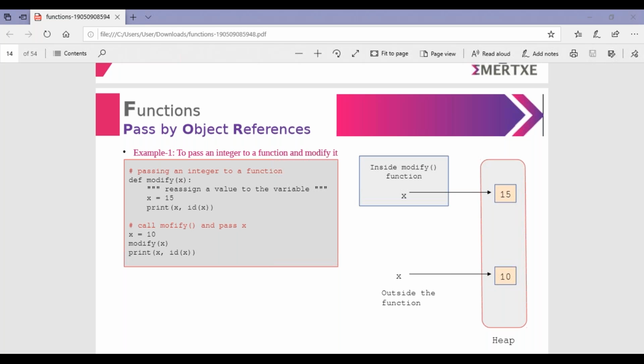x is equal to 10. The previous x is 15. Now x is equal to 10. Right? Then modify of x. Now again, coming back, x was previously 15, and 15 will be replaced by 10. That is already displayed. This is the advantage of writing a function. Again calling the function, modify x. x will be replaced, previous 15 will be replaced, and 10 will be occupied. Then it shows 10 comma where the variable is stored, and that will be displayed on your screen.